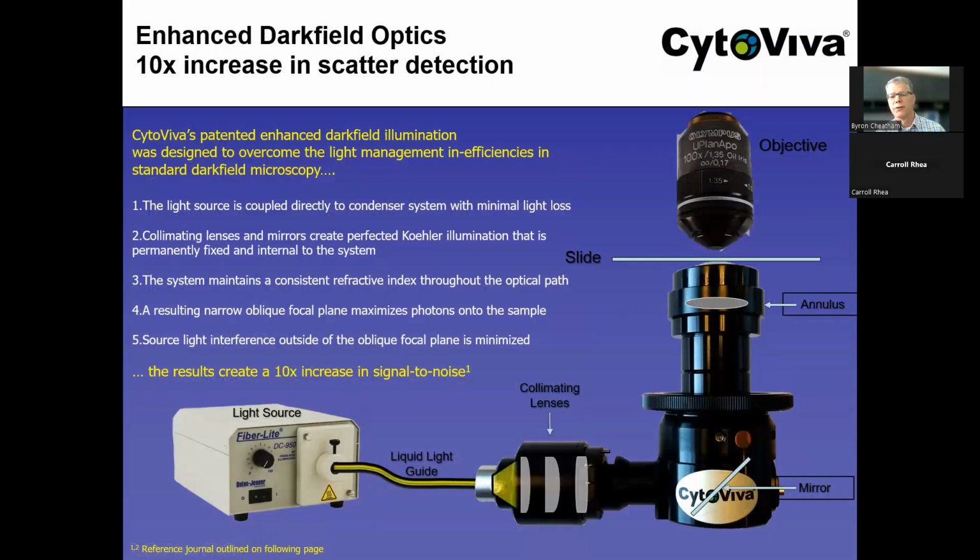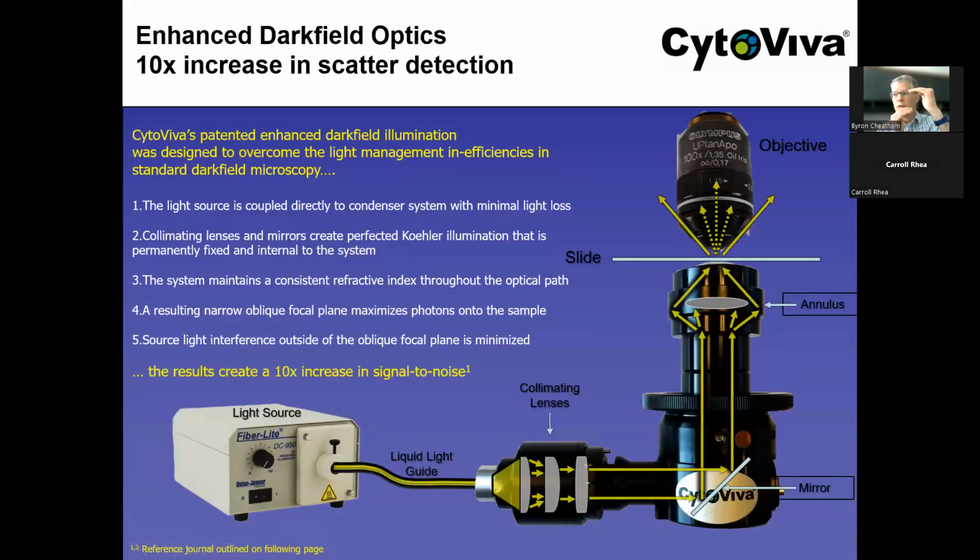CytoViva and the developers of the CytoViva Darkfield Optics were working with standard dark field and understood its ineffectiveness and its inefficiencies, and they created an improvement in the way that light is managed to a condenser to dramatically improve the signal to noise ratio, the scatter of the material of the sample versus the background, which is dark. And if you have lots of noise in the sample, that noise is coming from the source light. It's light. And so by managing the light in a super precise manner to the dark field condenser, you're able